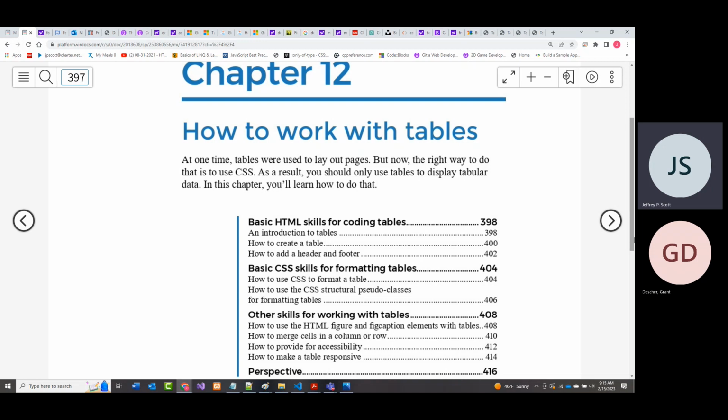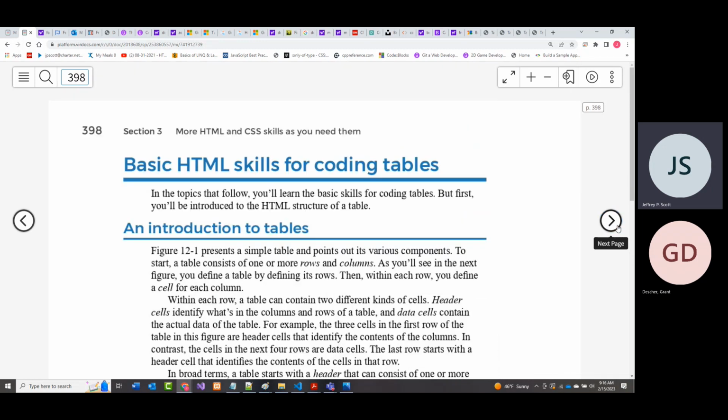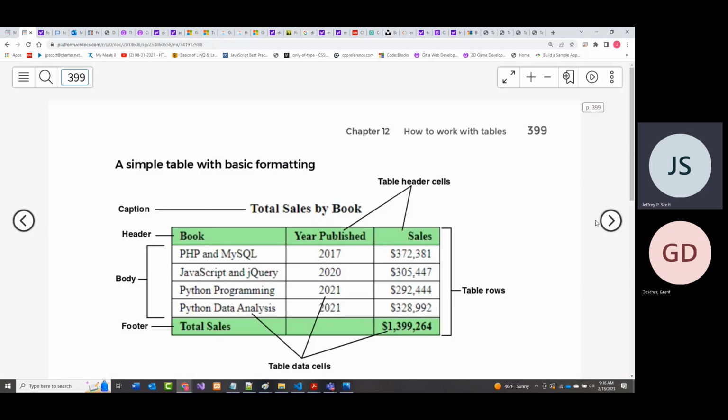So tables should only be used, as it says here, for tabular data, for nothing else. They're still a little bit overused today, but not as much as they used to be. So we'll get the basic HTML skills, followed by the basic CSS skills, and then a few additional things. And again, my guess is this will take somewhere around 10 minutes or so to go over. So when we look in here,